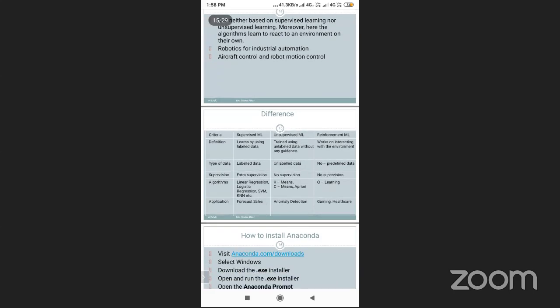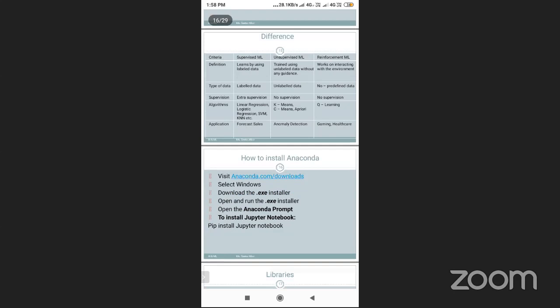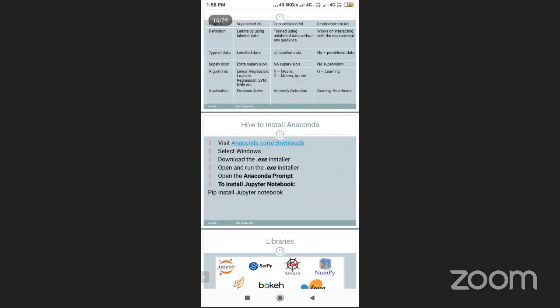Actually, one thing I want to say here: I wanted to show this hands-on, but because of some network issue, I'm just explaining how machine learning algorithms can be performed, and on which platform we can perform all these applications. Suppose you want to work on machine learning concepts, so